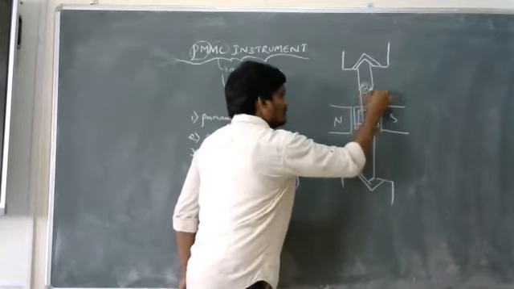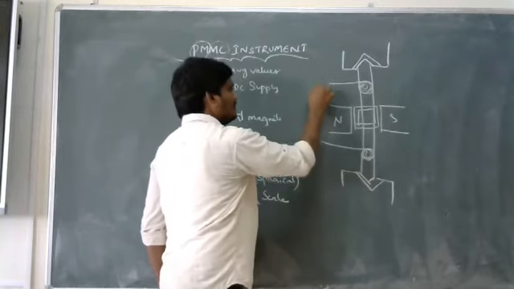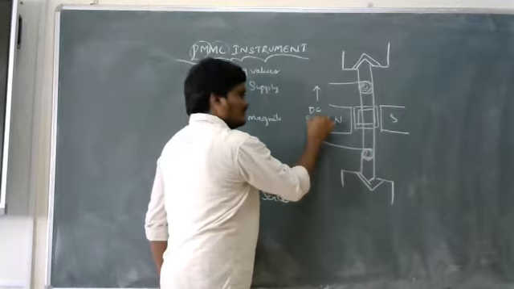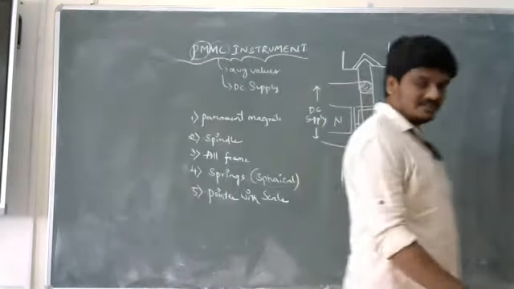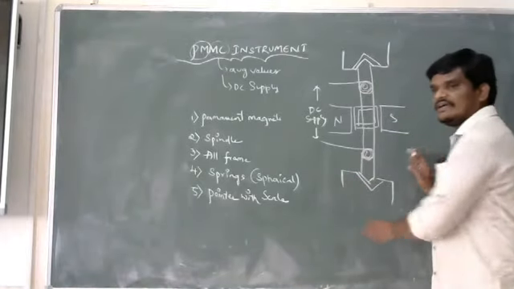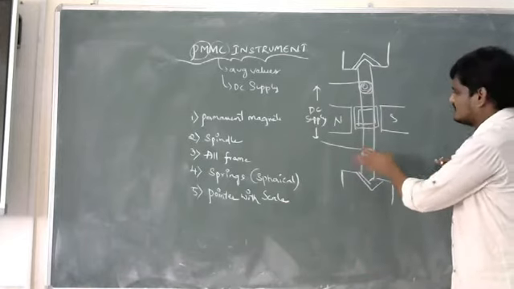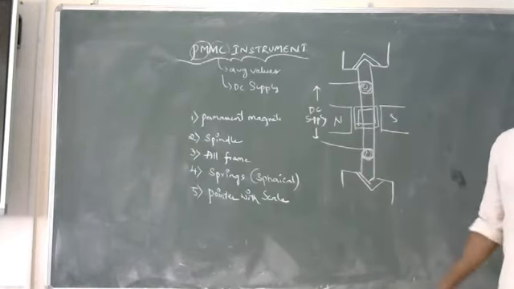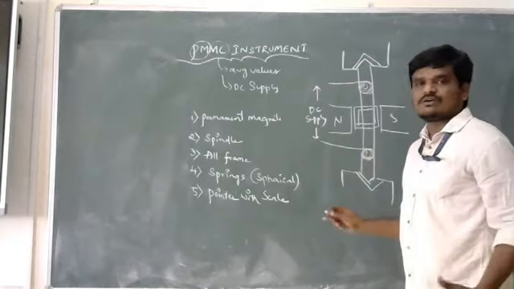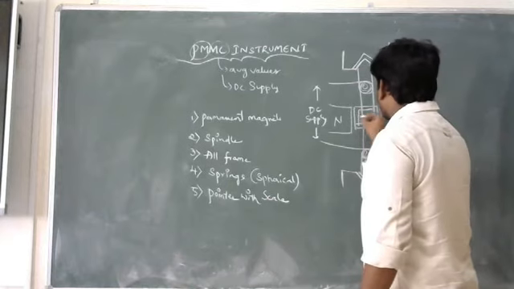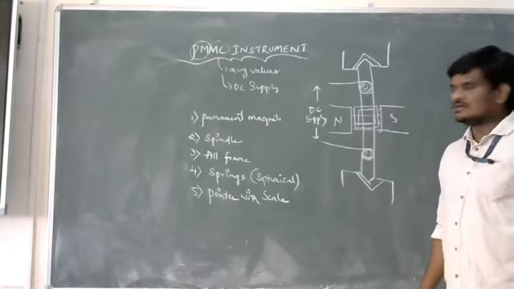There are springs present on the spindle itself for the purpose of carrying current, and the supply is given to the springs. So these are the general construction parts which I am going to draw as a diagram on the board, which consists of a magnet, a spindle which carries springs, and an aluminium frame. Due to the presence of the magnet, a magnetic field is produced from north pole to south pole.